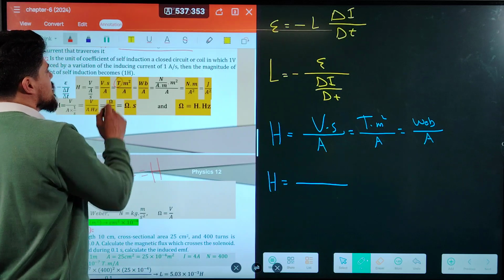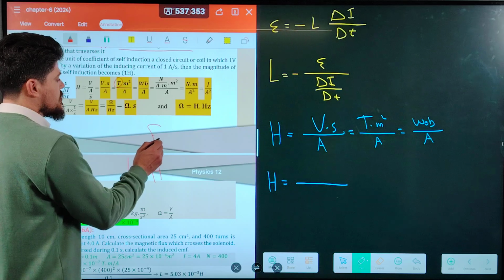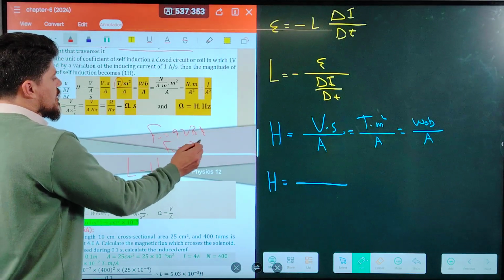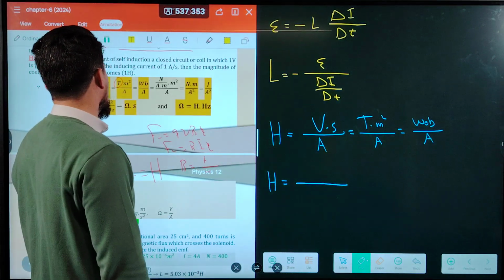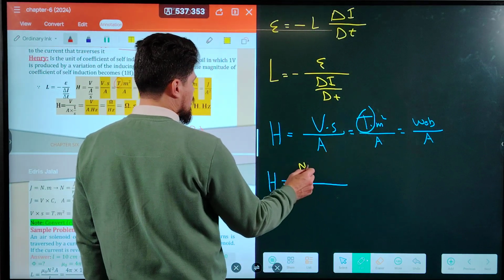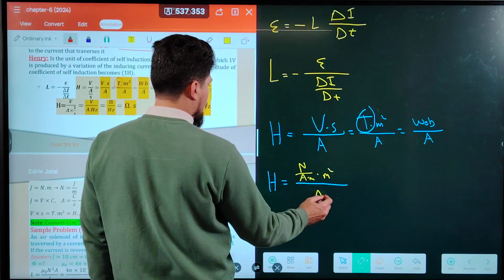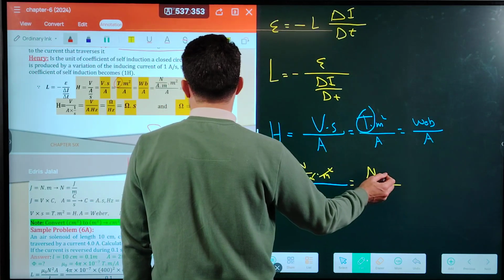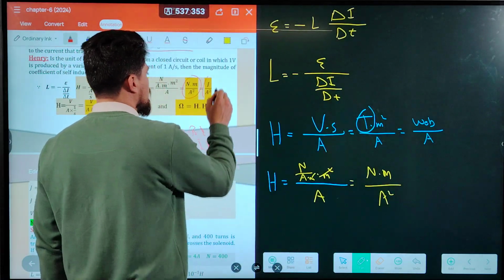Instead of this Tesla, you can write Newton over ampere meter. In the equation of magnetic force, QVB or BIL, B is equal to F over IL, Newton per ampere meter. Instead of Tesla, write Newton per ampere meter, times meter square over ampere. Meter with meter cancel. What remains? Newton meter over ampere square. Newton meter is equal to what? Joule